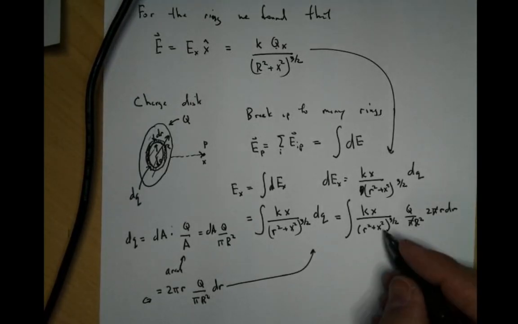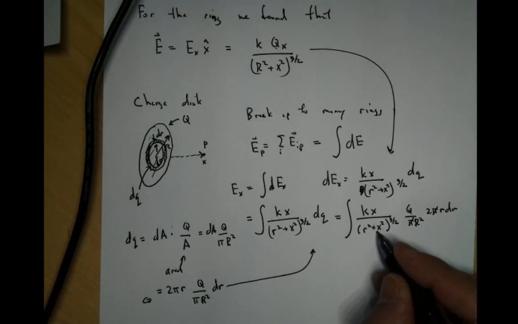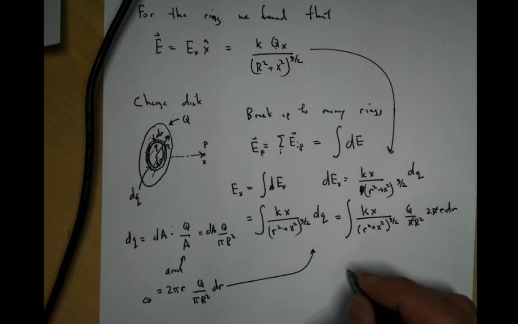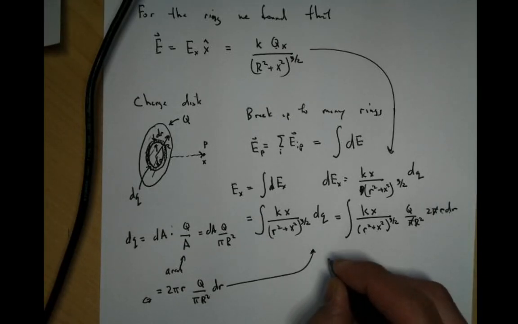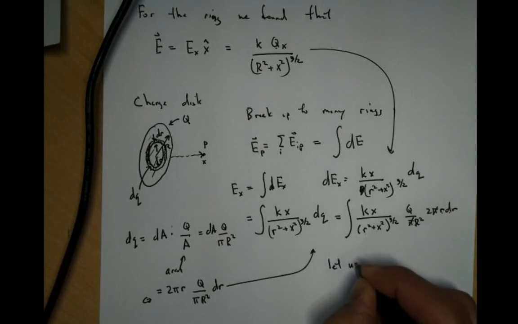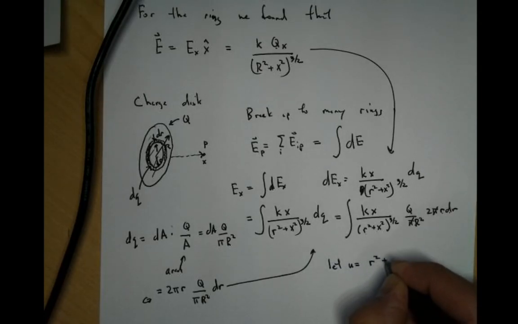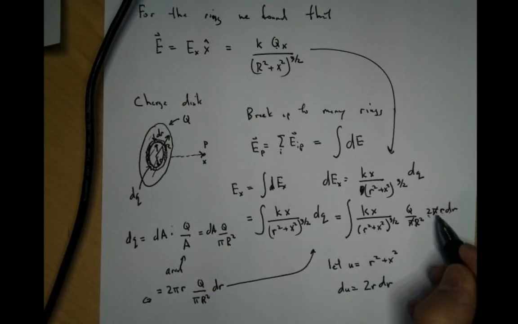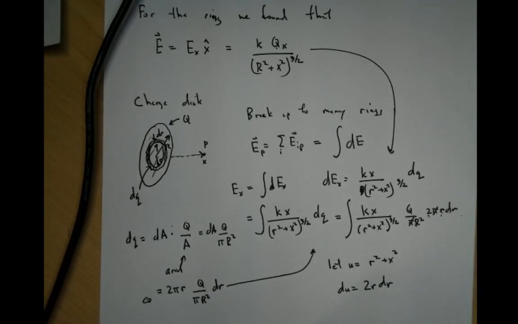Whenever you have something that looks like this, with an r squared up here, you could do trigonometric identities, but you also notice you have r dr up here. So we'll do a variable substitution: let u equal r squared plus x squared, and then du equals 2r dr. And guess what? Look at that, 2r dr. So it's going to be equal to, let's get